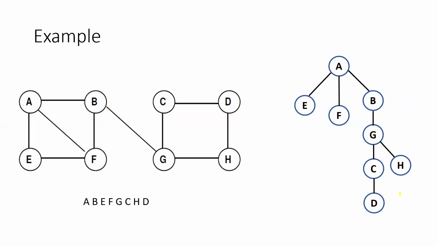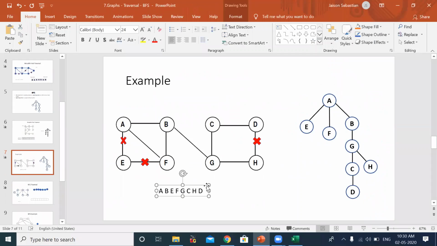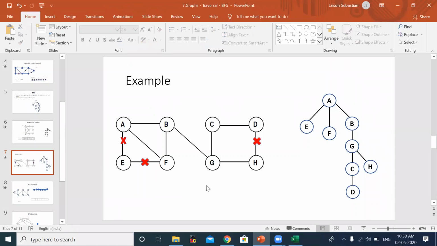So here, another example I have given. If you want to try out, now you can draw the graph. I have given the order also, right? So here, write it down, or you can draw the graph if you want to try one more time, because BFS, you know, if you are thorough with the DFS, then you will not get confused.